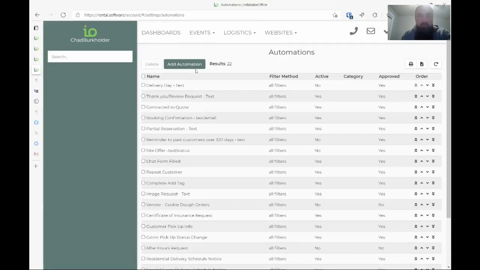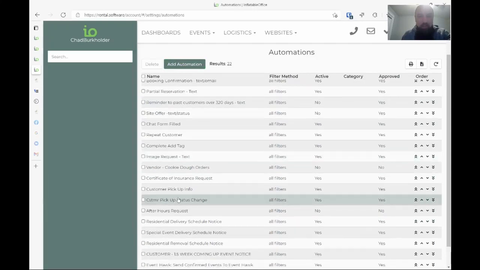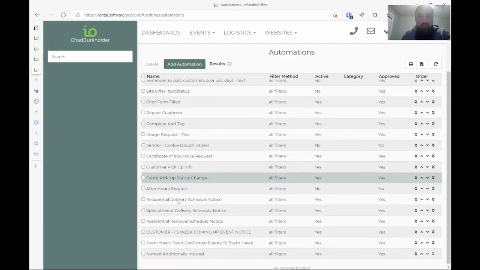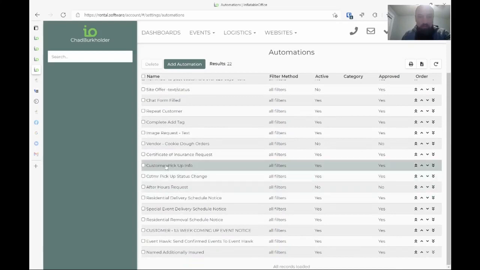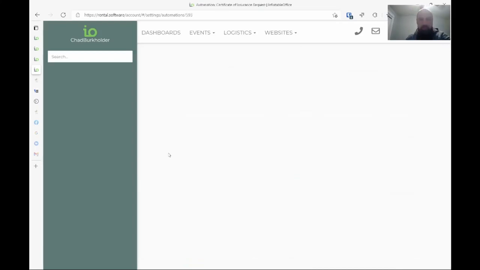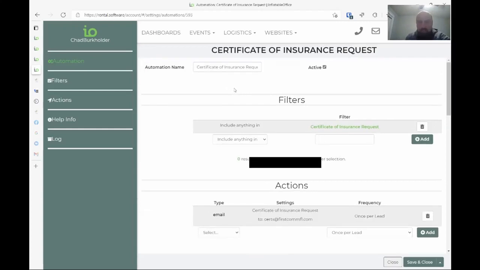So the best part of it all, the automations, this is where it brings all of everything we've done together. So I have mine as certificate of insurance. You're going to create a new one. Just make your screens look like this. If you need any help, you can always message me or whatever. And